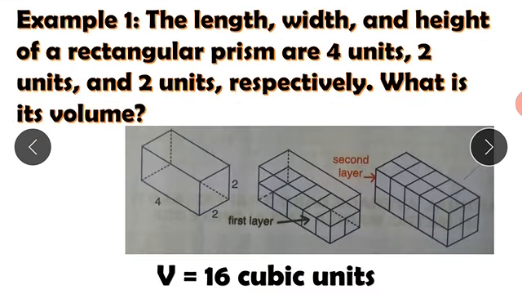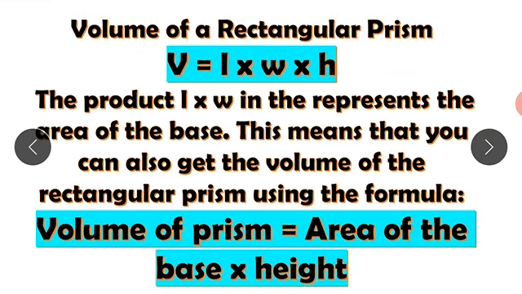Or using the formula, the volume of a rectangular prism is equal to length times width times height. The product of length times width represents the area of the base. So this one, the length times width represents the area of the base. This means that you can also get the volume of a rectangular prism using the formula area of the base times